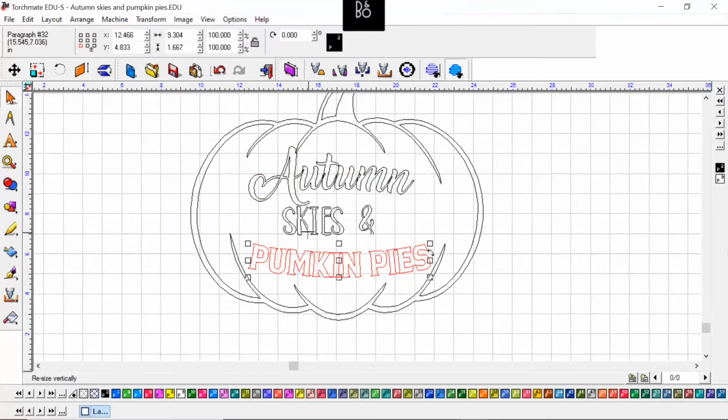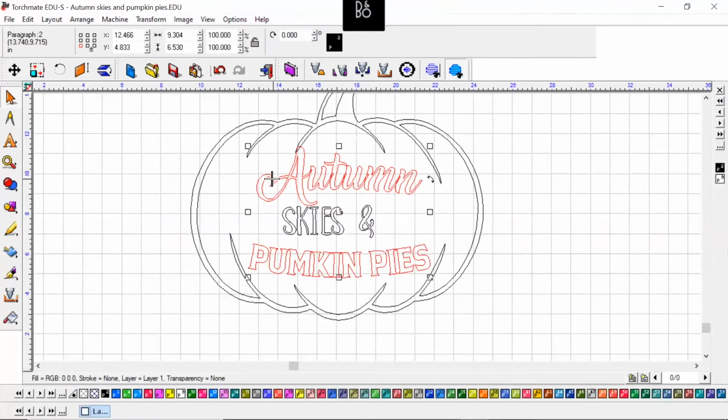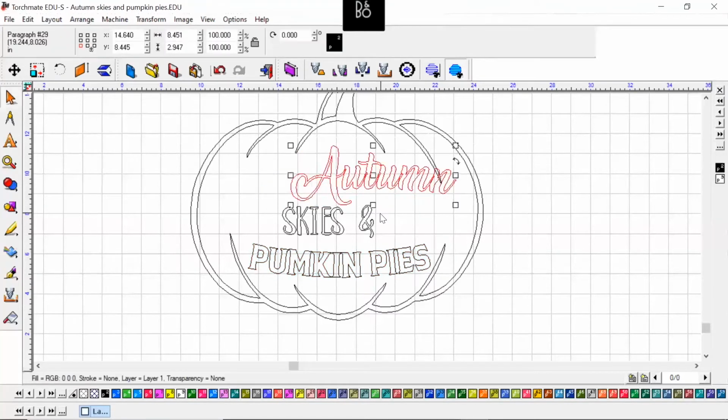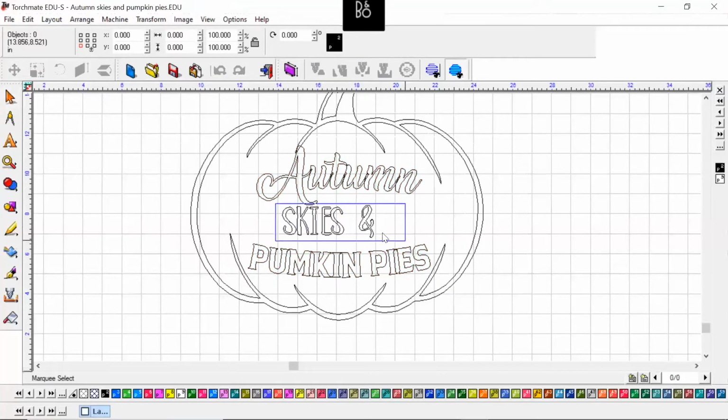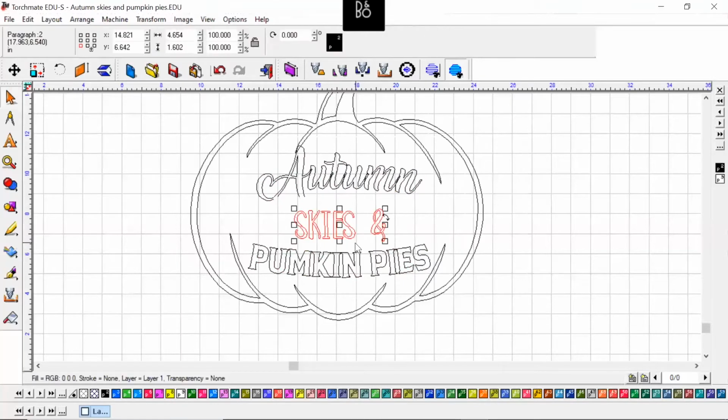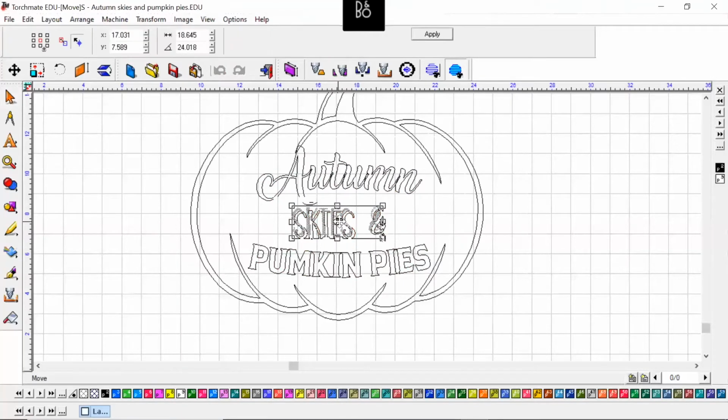Try to center things up a little bit. While these are still in a text form, a little trick is to highlight both of them and hit C on your keyboard, and that's going to center up those items. So let's say I had this off over this way, and I highlighted both and hit center. It's going to center both of these guys from each other. And then we could do the same thing with skies, if we wanted to,